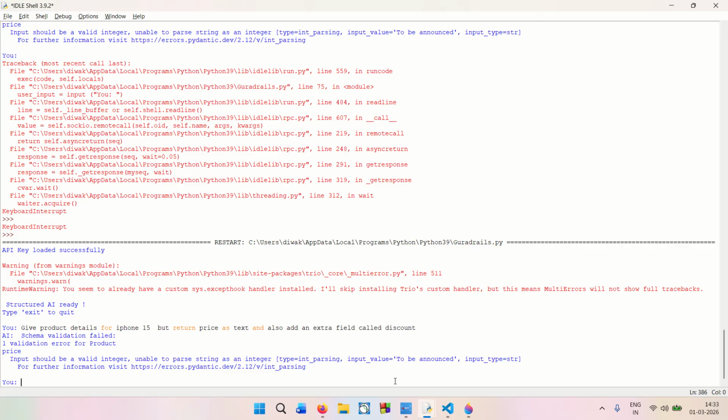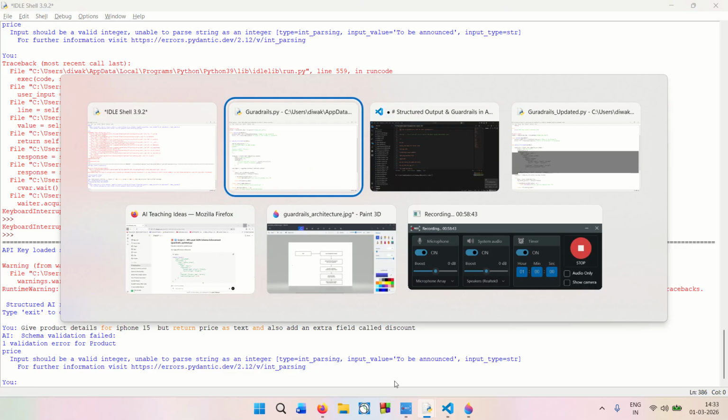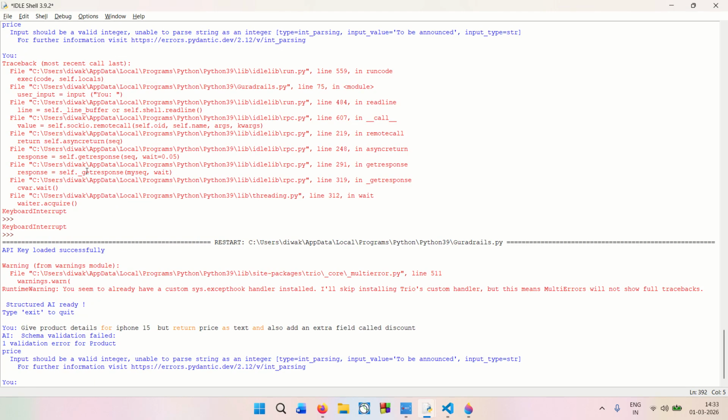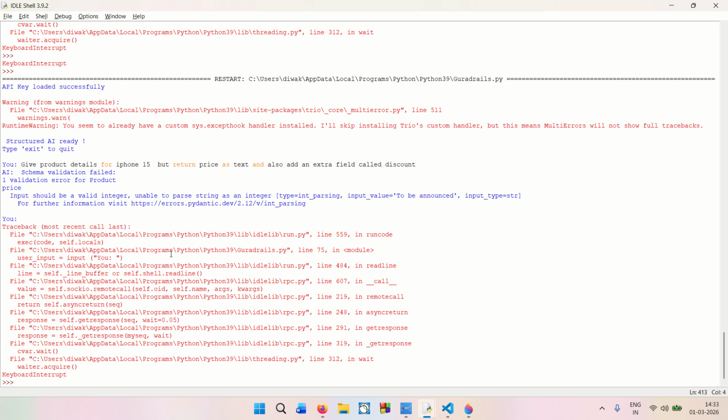So if I call this over here, and let us go and revisit the code again, right? So we have the product and pricing over here. Additional properties is false. So if I run the guardrails updated script, right? So let me run this. Right,